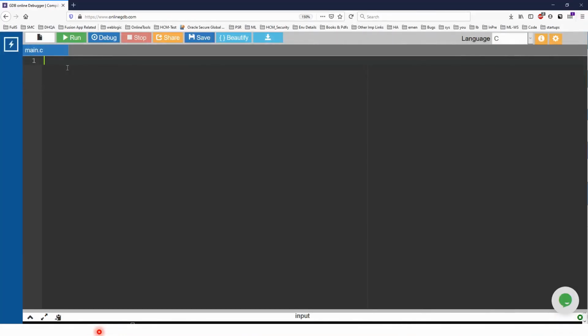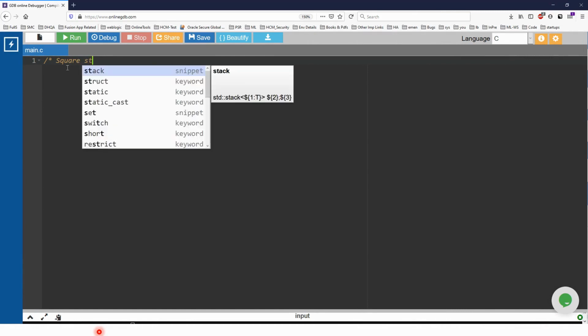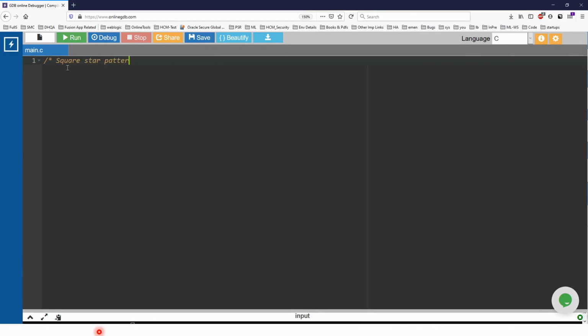Here I'm with the online GDB. First, write a comment, it's a good practice: square star pattern. Now we know #include <stdio.h>, then int main, open the bracket, and return 0 at the end. That is the syntax.